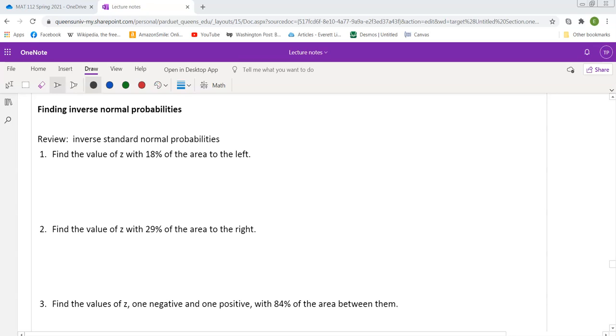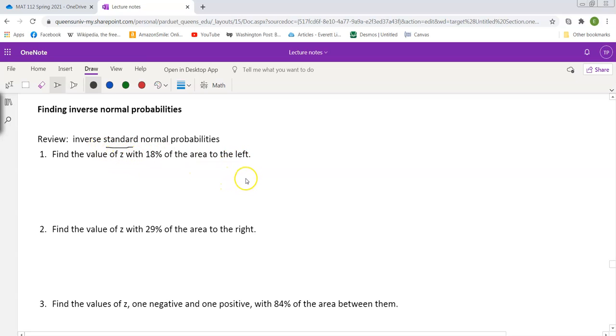Hi everybody, welcome back. In this video we're going to be looking at how to find inverse normal probabilities. In our last class we were looking at how to find inverse standard normal probabilities. And in this video we're going to be looking at what you do when it's not standard normal, but just inverse normal. Okay, so I thought we'd start by reviewing how to do the inverse standard normal probabilities,